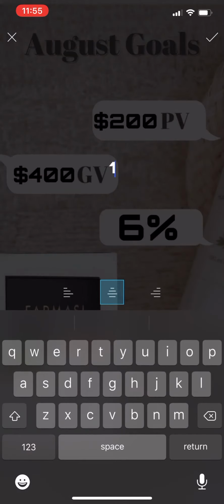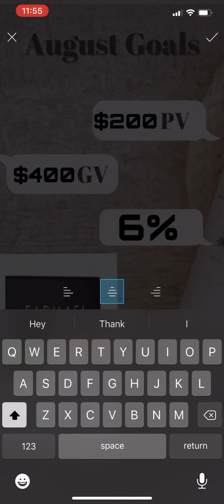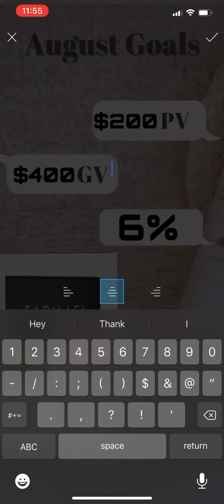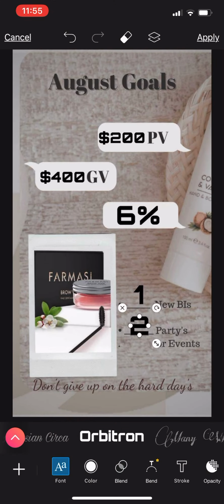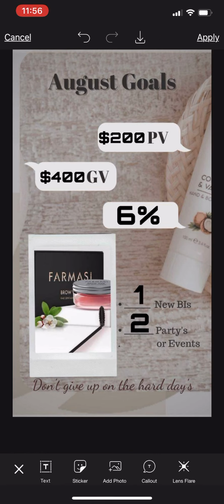And now what is your goal for your parties? Okay. So any party, like a messenger party, you want to have a quick mystery bag party in your group or whatnot. You want to have something for your customers to where you can truly promote the products and get your sales to hit your sales goals. So right here, you can do one every other week. That means that'll be 2 parties for that month. So that's your goal: you'll get one new beauty influencer and you're going to have 2 parties for that month.